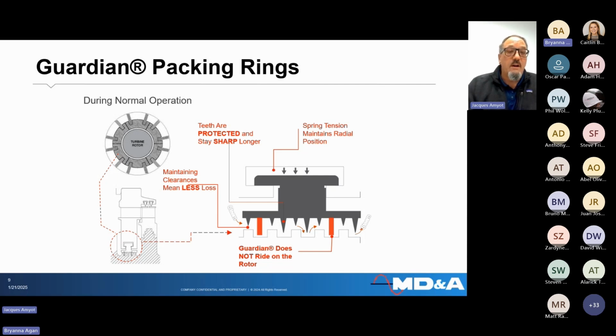There's a spring on the Guardian packing that maintains the radial position of the packing and maintains the gap between the seal teeth and the Guardian. In this scenario, during normal operation, it does not